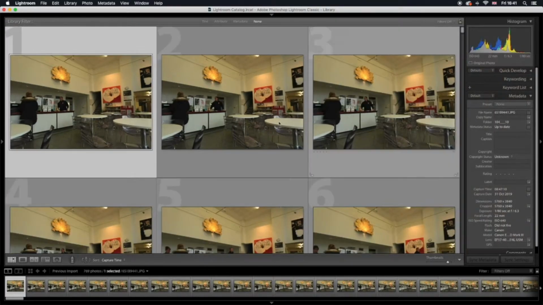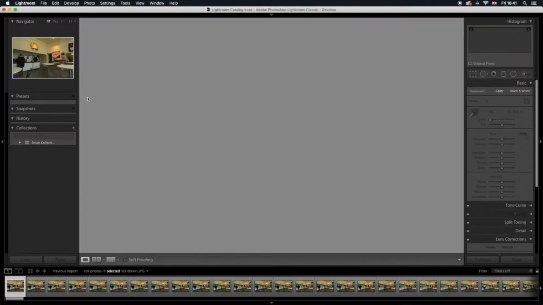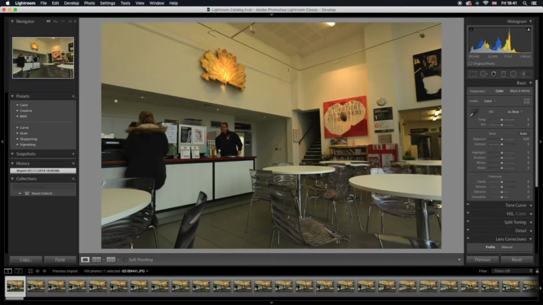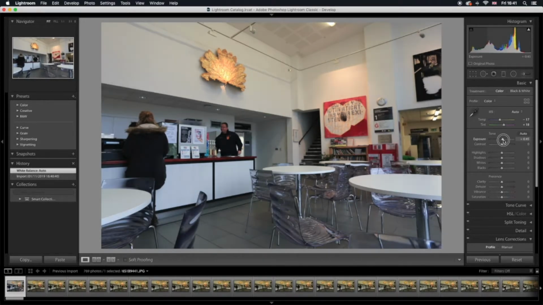and then I'm going to go into the develop module. I'm going to hit D, which will take me into the develop module in Lightroom. With this one, if I just hit white balance into auto, that immediately fixes that color. You can see there. I can add a little bit more exposure to it, brighten it up, a bit of contrast if I want. I can fiddle around with highlights and shadows and whites and blacks,